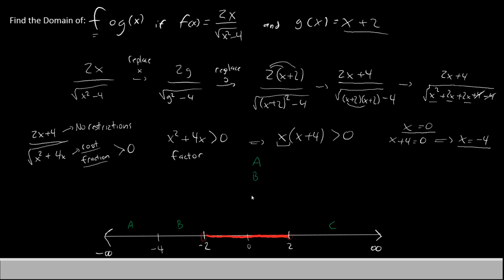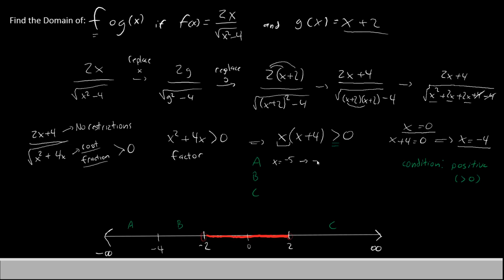So if you'll recall what we did last time, we have to pick an x value from region A, B, and C, and see if it matches the condition that's listed in the inequality. Our condition is that it has to be positive, because it says greater than 0. So let's give it a try. First we go to region A, and we'll pick an x value. How about negative 5? It'll fall right there.